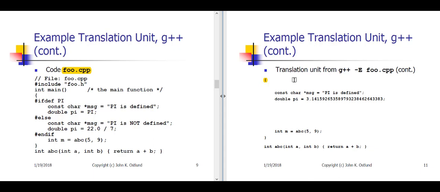Going back to the source code for the main function definition in foo.cpp, we come to an #ifdef directive. We're asking, is pi a #defined token? And indeed it is. It was #defined in the foo.h file. Consequently, the lines between #ifdef pi and #else are passed through to the translation unit. Now the line containing #ifdef pi itself just becomes a blank line over here,